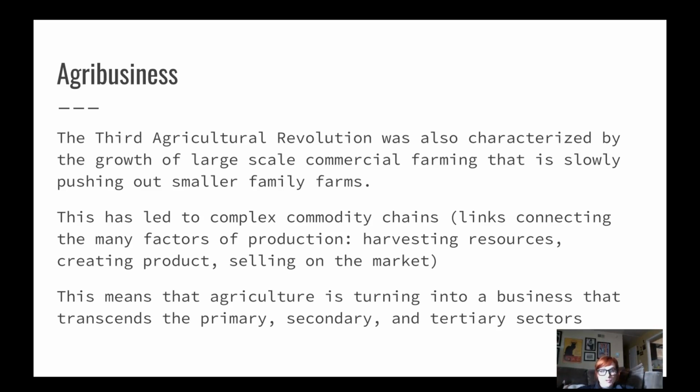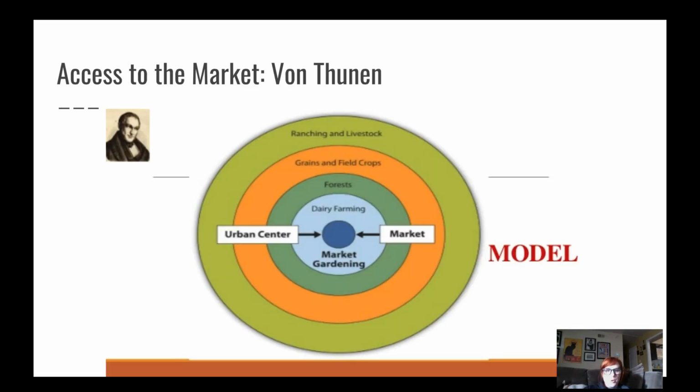And lots of commercial farmers do this because if they control all aspects, that's less that they're having to pay for and more that they're profiting from, right? We call that horizontal integration as well. That makes it a lot easier, right, to make a profit. Okay, so this is related to what I was just talking about, agribusiness.